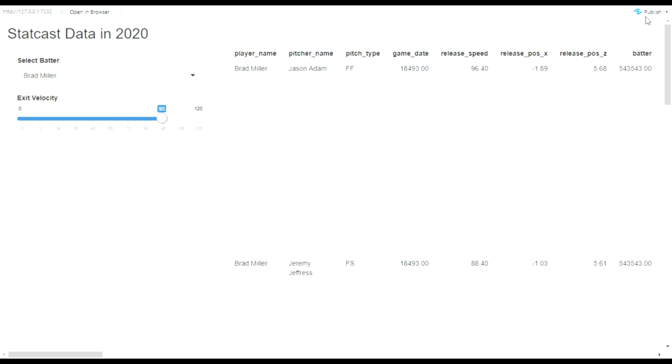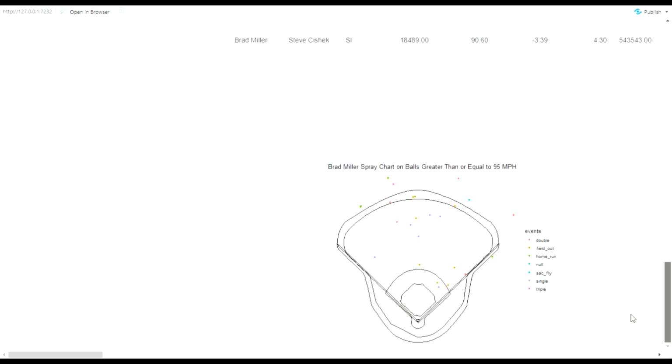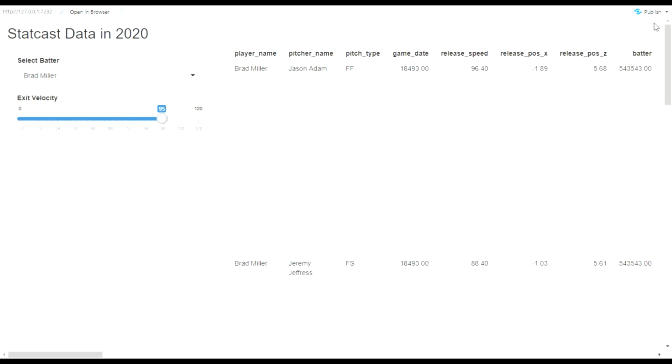So tune in next week. I'll work on some design things to make it look more presentable. So instead of having to scroll all the way down to see a plot, you can see it side by side in a